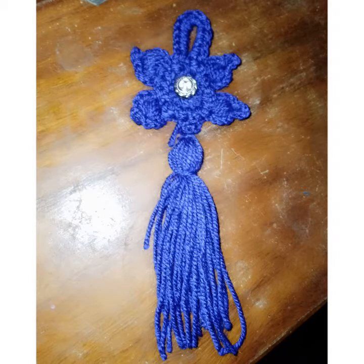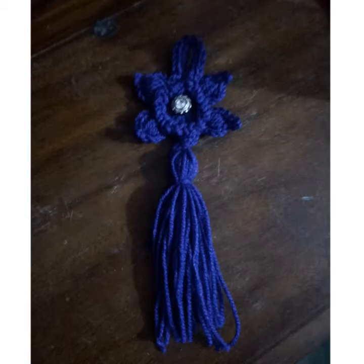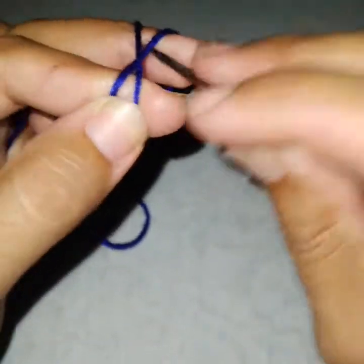In today's video I will show you how to crochet this beautiful tassel. So I hope you will like it. I will give you step-by-step instructions. Okay, so let's begin